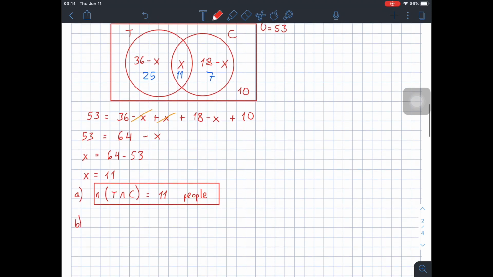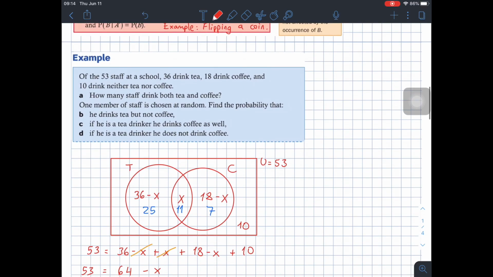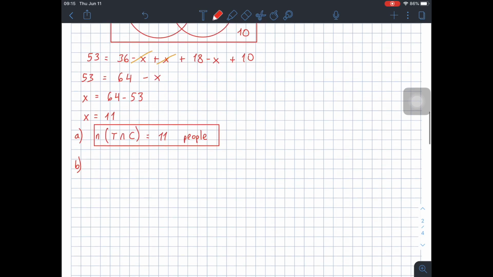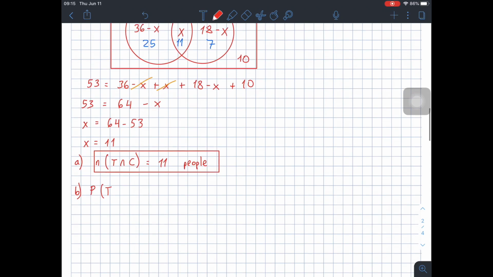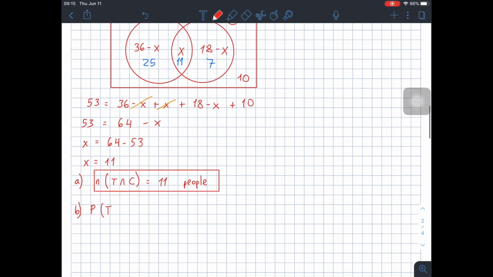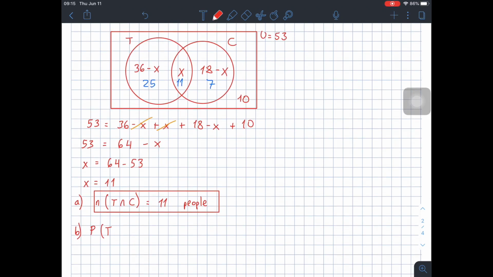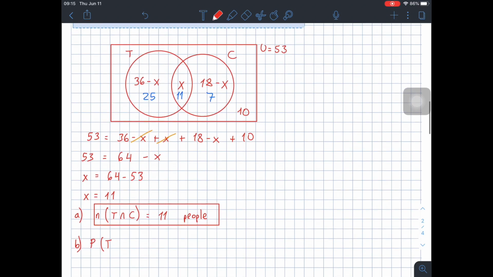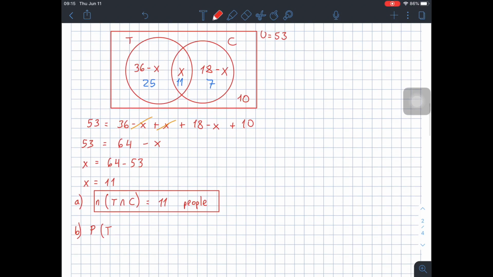Okay, then we have part B. It says, one member of the staff is chosen at random. Find the probability that he drinks tea but not coffee. Okay, so we want to find the probability of a person drinking tea but not coffee. How do we express that into symbols? Tea but not coffee would be tea intersection